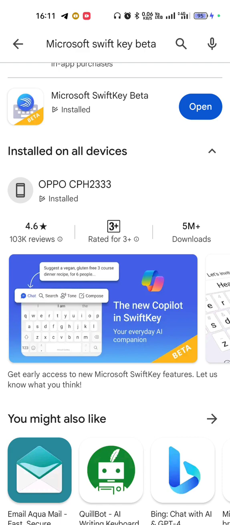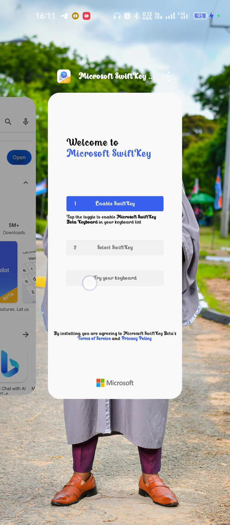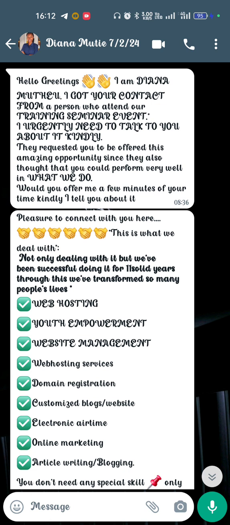When you have this application, the next thing is to open it. After opening it, you enable the Swift keyboard, and then go to the second option, clicking on select the Swift keyboard. And there we go, you have the Microsoft Swift keyboard set as your keyboard. Now you go to where you have received these templates. For instance, there's a template I've received here from someone, and I'm supposed to key in this keyboard, this